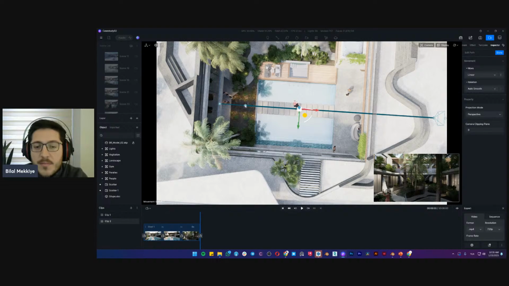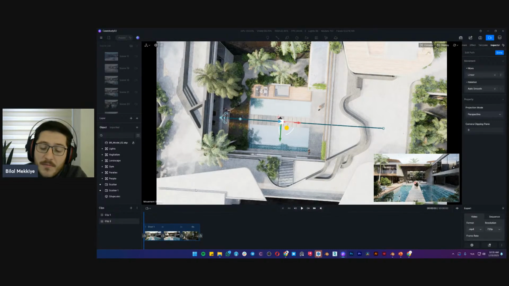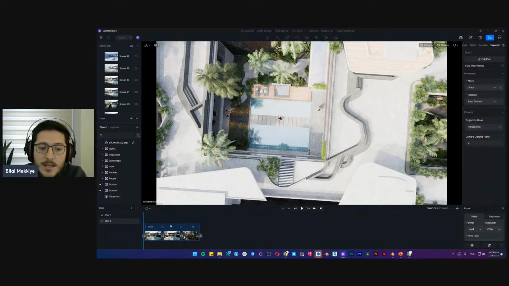This is the second camera position, and this is the third. So this is so much longer than this, which makes it slower here and faster here. This is a problem that, as much as I know, it doesn't have a solution in Lumion,